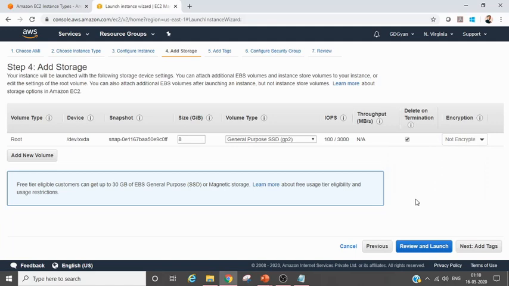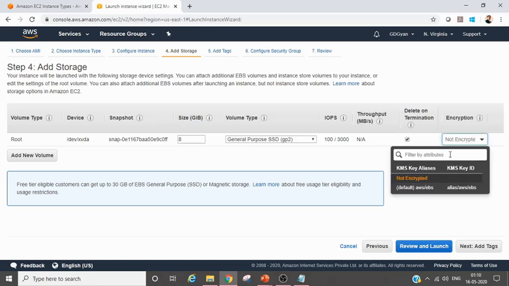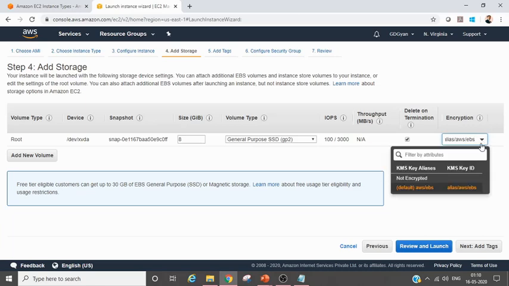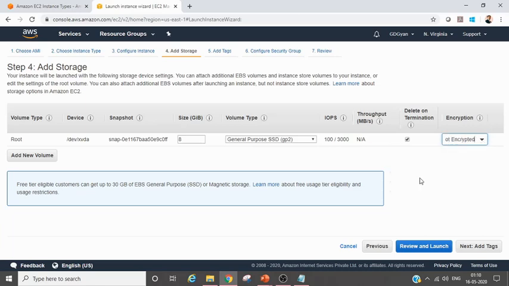The encryption option was not there. Now this encryption, I can select this encryption though, right? And even though I am not selecting not encrypted also, if I'm keeping it non-encrypted, I can encrypt it later on also. So that is also one of those questions: your root device is not encrypted, can you encrypt it later on? I said yes, we can.